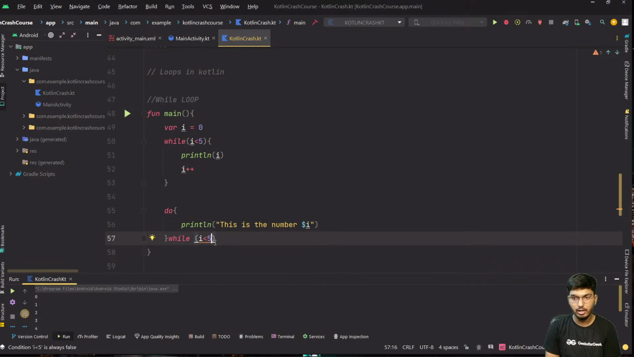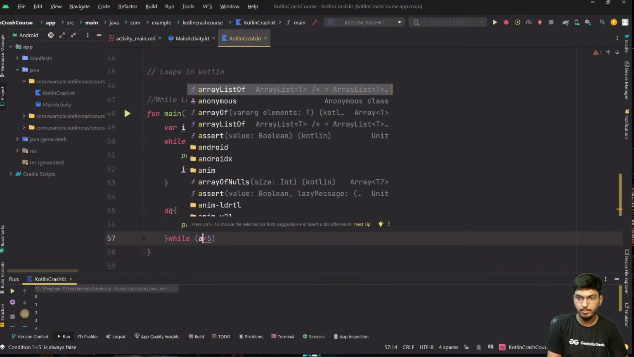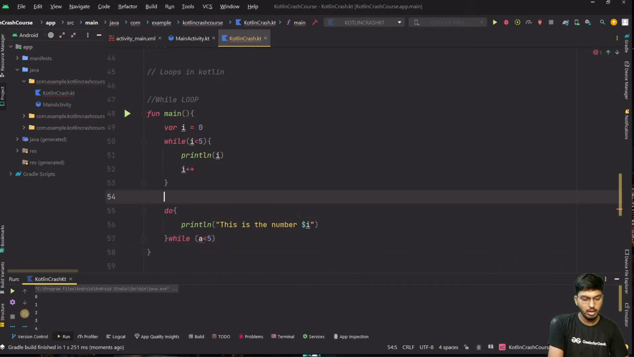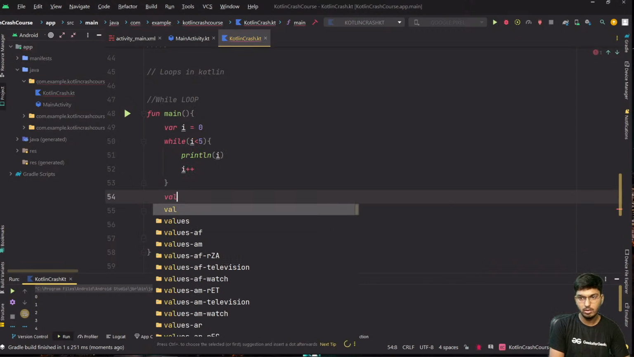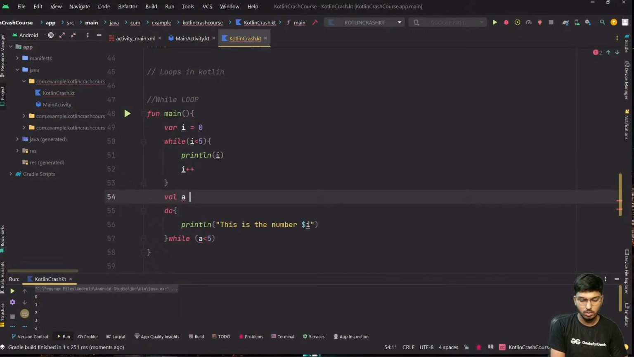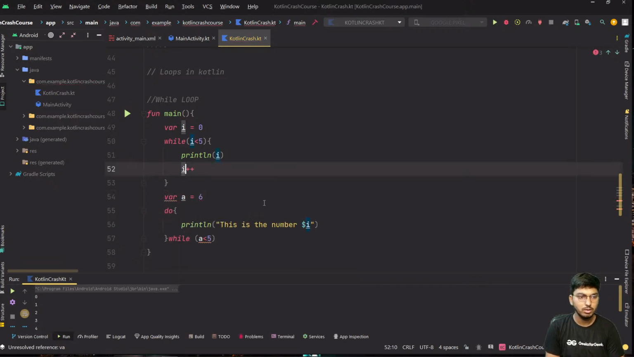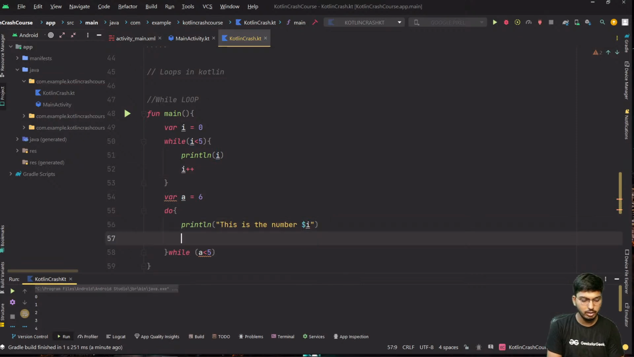So what you can do instead of this, you change the value to a, and you can even add a val over here that a equals to anything, suppose 6, and you have to write the variable like that so that it can be incremented and the value should be changed. Now if I run this statement again, you can see that